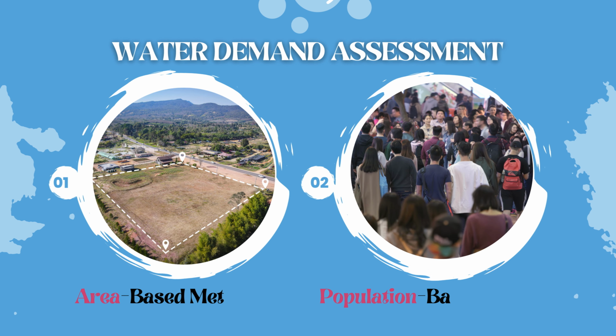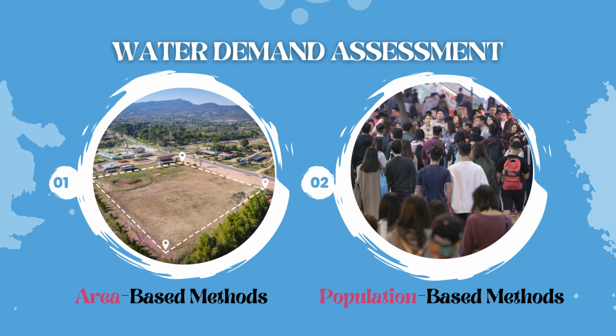Population isn't always the only answer. For an agriculture project, we can estimate water demand in a different way. Imagine a massive farm. Instead of counting every plant, we can estimate how much water 1 hectare typically needs. This is called the area unit approach. Experts can provide data on average water consumption per unit area for different crops. This helps us estimate the total water demand for the entire agriculture project. So, the area unit approach is a great tool for agricultural water demand assessment.